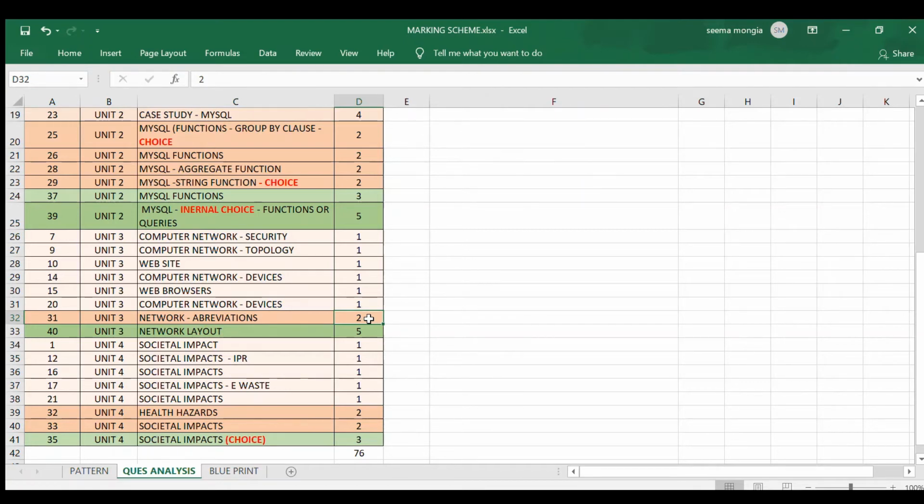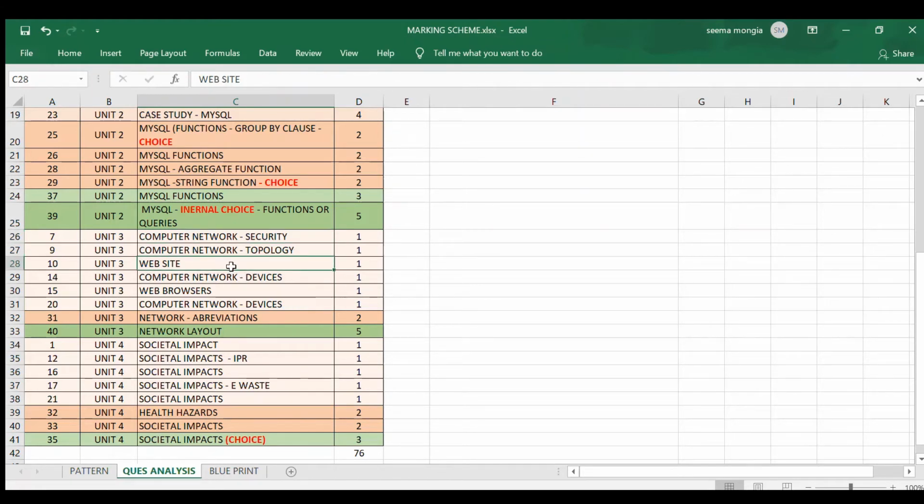Now, the remaining 1 marker question. When I talk about total weightage, 10 marks, so 5 plus 2, 7, only 3 marks are left. But yes, because I have a choice in 1 marker questions, so many topics are being covered here, including the devices, the web browsers, again the devices, the websites, topologies, security, all these topics are being covered here. So these small topics are being covered here in 1 marker question, where you are expected to have